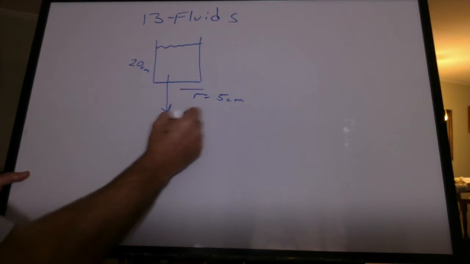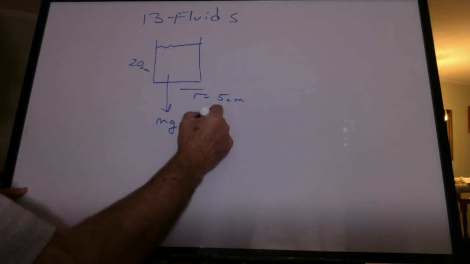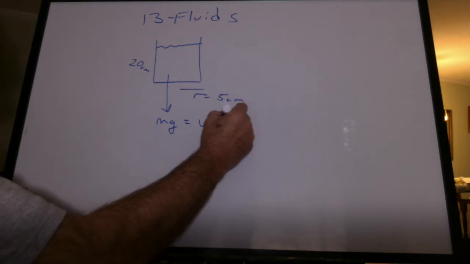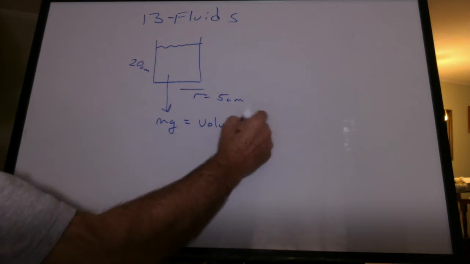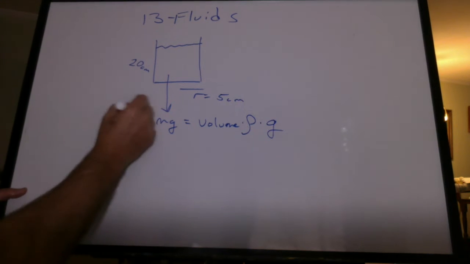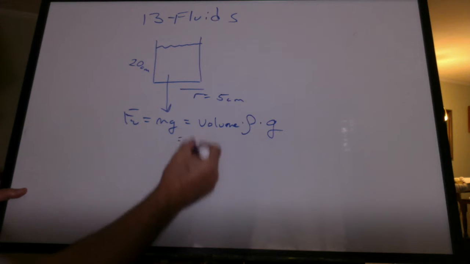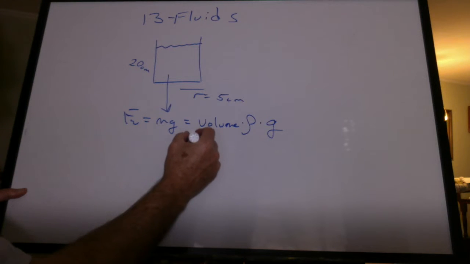Well, we've got an mg for the water going down. What's it weigh? It's going to weigh the volume times the density times g. That's how much the weight is. Volume times density should be the mass. How do we get the volume? It's going to be